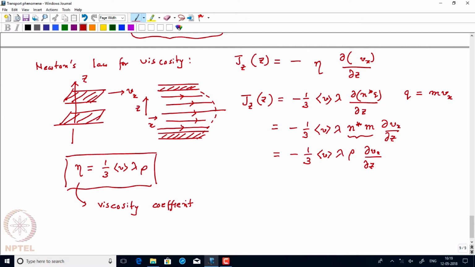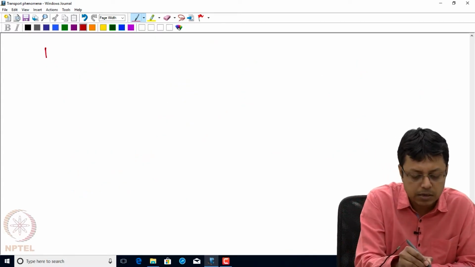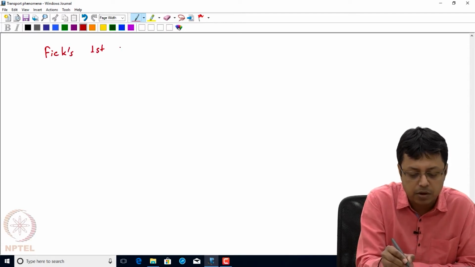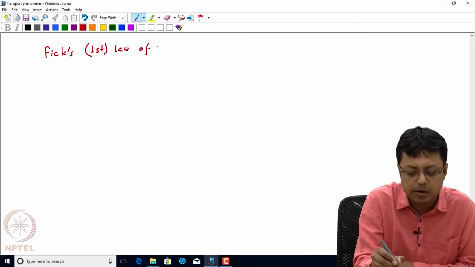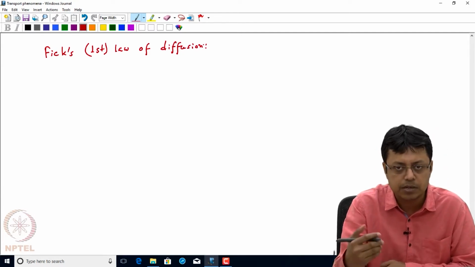Now for diffusion also, just like for thermal conductivity we had Fourier's law, and for viscosity, our momentum transfer, we had Newton's law, for diffusion we have Fick's law. This law we'll first call Fick's first law of diffusion. There is a reason why I'm calling it the first law of diffusion. Sometimes some texts will write it as Fick's law of diffusion, some texts will write it as Fick's